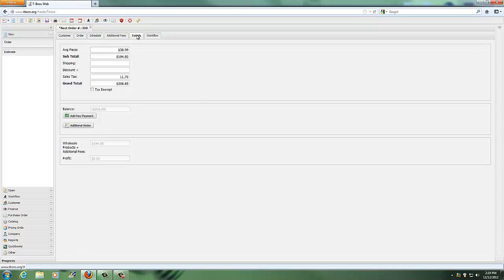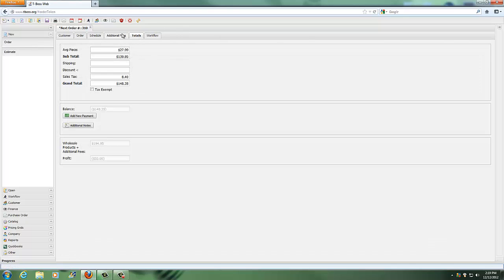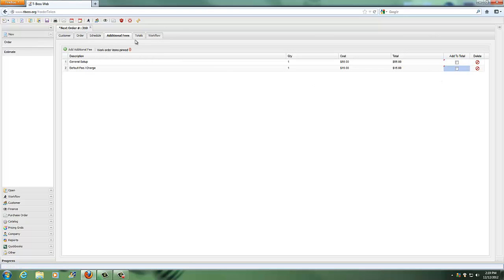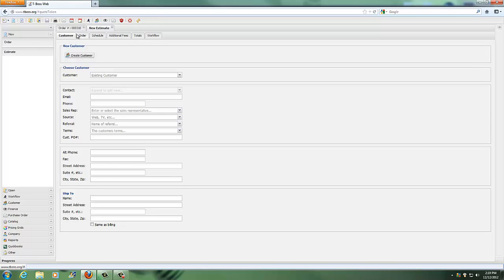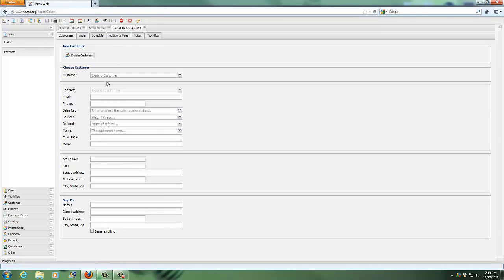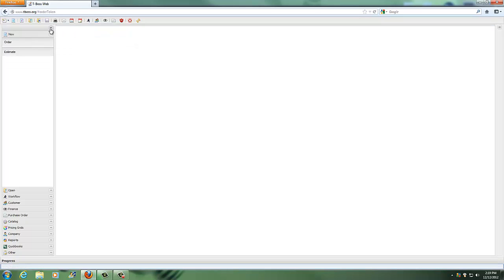So we're going to go back here, and I'm just showing you now where we're going with the different fees and how it applies over to the total screen. And that's basically it. You have now officially set up a new work order, and you can also click over here for an estimate and go through and give the customer an estimate, same as the work order, and convert it right over to a work order. So get in there, explore around,